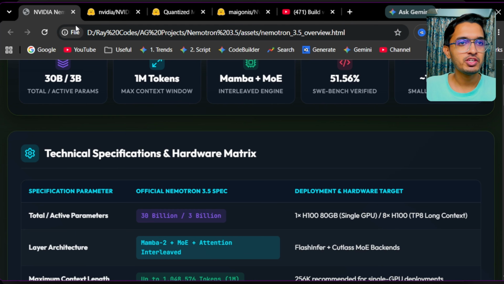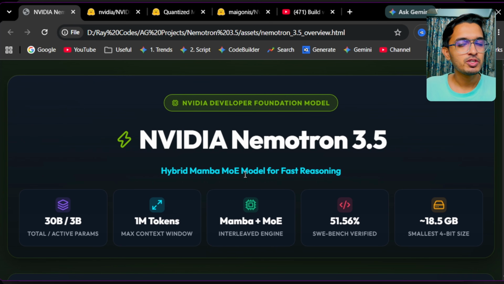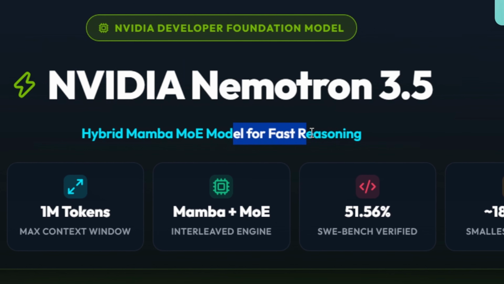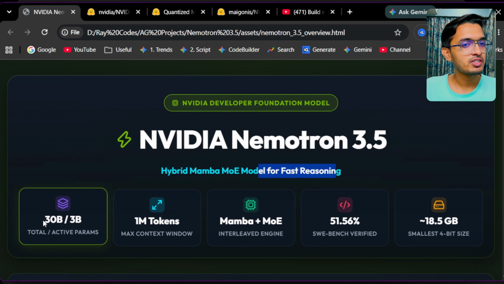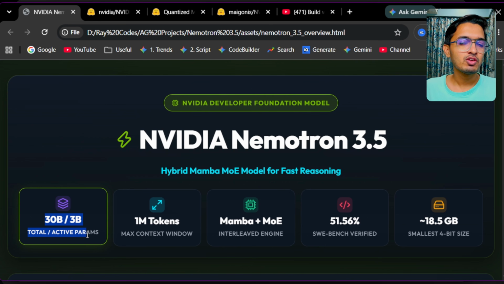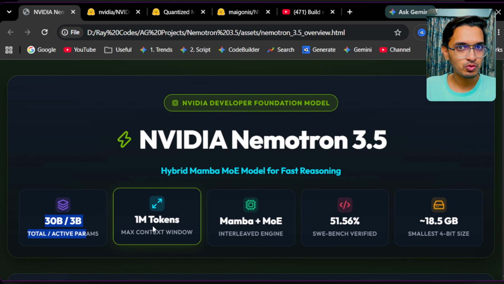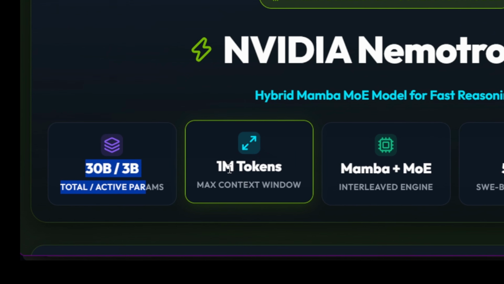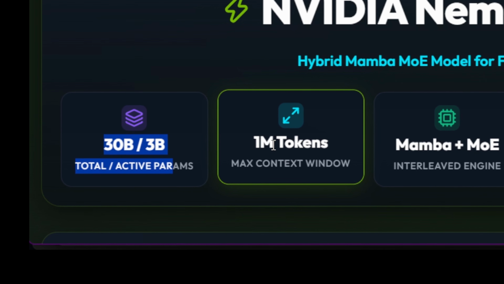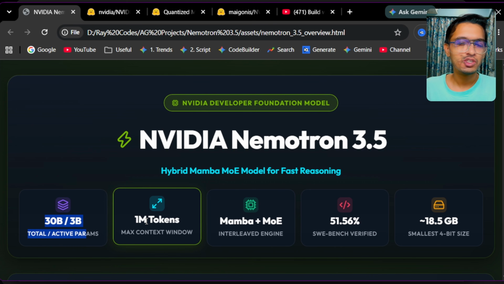And today's focus is the Nvidia Nemotron 3.5, which is built by the hardware giant Nvidia, designed for super fast local reasoning tasks. This model has 30 billion moving parts, but it only uses 3 billion at a time, saving a lot of computer memory when we are deploying this into our AI workflows. And you can pass a massive amount of text and code to this model, as it natively supports a 1 million context window, which means you can feed it entire books and code bases without the model crashing due to